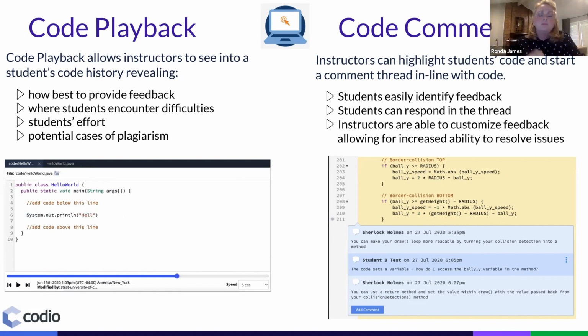And then code playback is one of our most popular features. The reason why is it helps you see what your students are doing as they're coding. You replay what they did, you can see what they're thinking, and see easily where there's an issue. But it's also a very good plagiarism detection system. Everything takes a certain amount of time, so you can see the amount of time that it takes to finish, as well as if it's a paste, poof, their code's in, you know that they had copied and pasted that from somewhere else. But code playback is wildly popular.